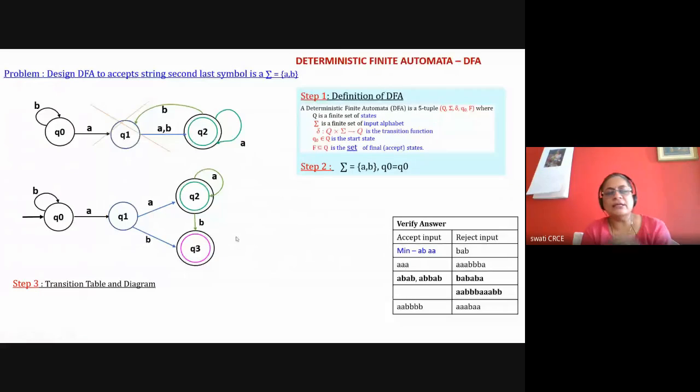Now in Q3, if there is any A and if there is any B, tell me for A what and for B what. In the state Q3, the machine will reach Q3 with A and B. So your second last symbol will become B. And now you are getting A or B. So where should be the transition? You write down for both A and B, because I don't know in the animation what I have kept first, A or B. In the state Q3, for symbol A where will it go, and with symbol B where will it go?